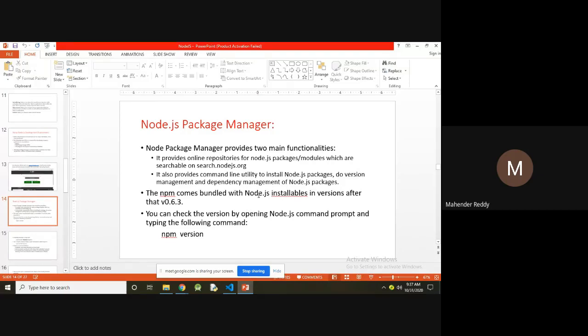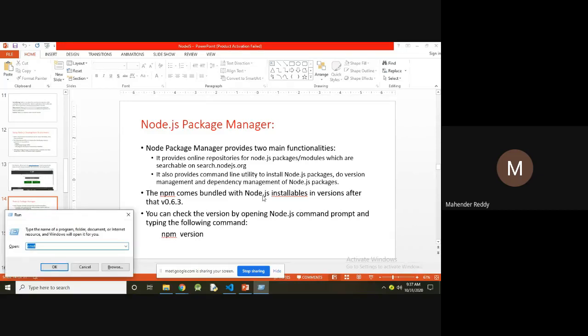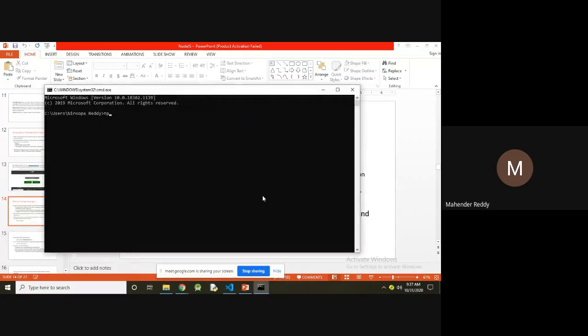You can check the version by opening the Node.js command prompt and typing the following command: npm -v.